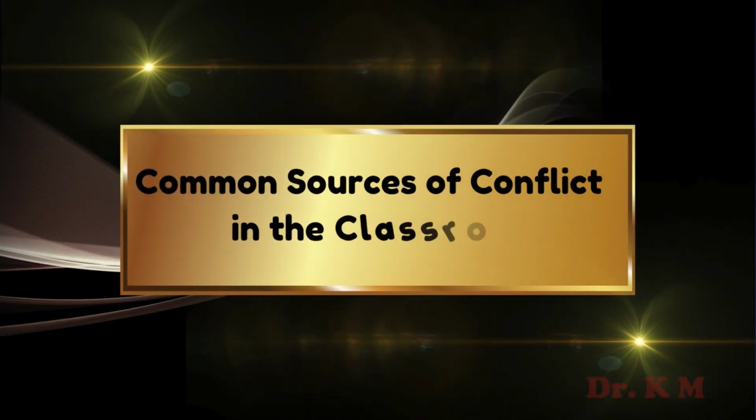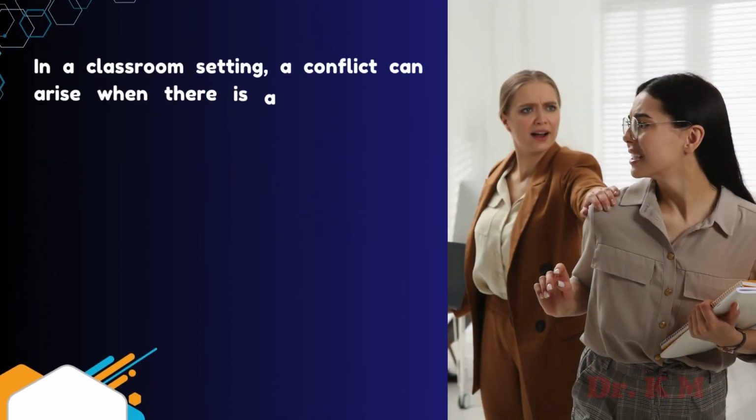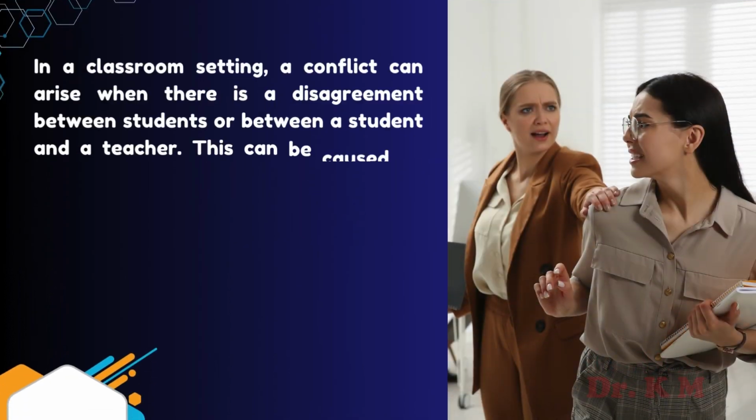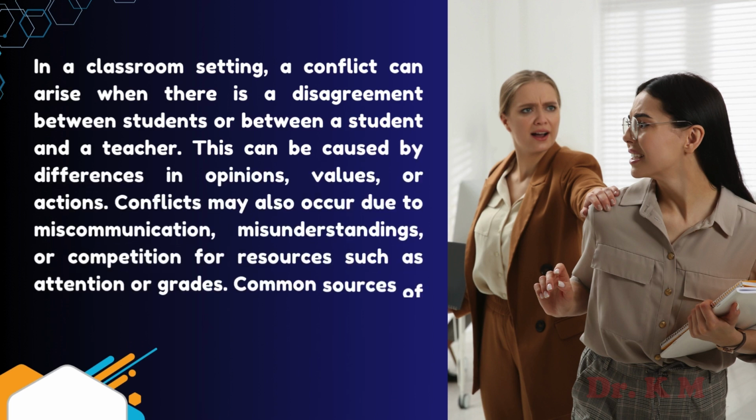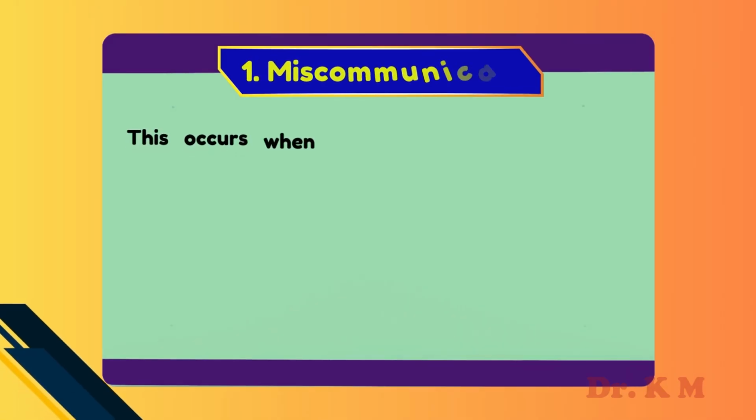Common sources of conflict in the classroom. In a classroom setting, a conflict can arise when there is a disagreement between students or between a student and a teacher. This can be caused by differences in opinions, values, or actions. Conflicts may also occur due to miscommunication, misunderstandings, or competition for resources such as attention or grades. Common sources of conflict in the classroom include: